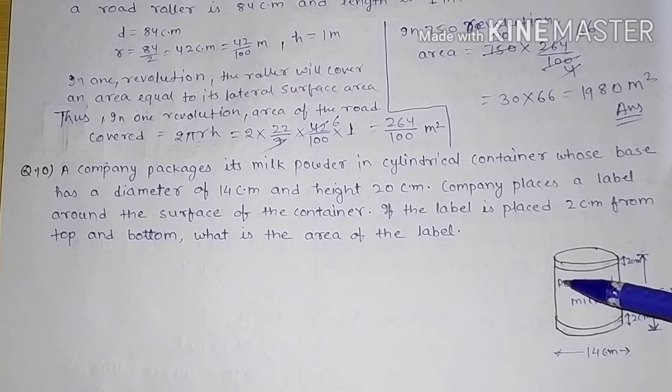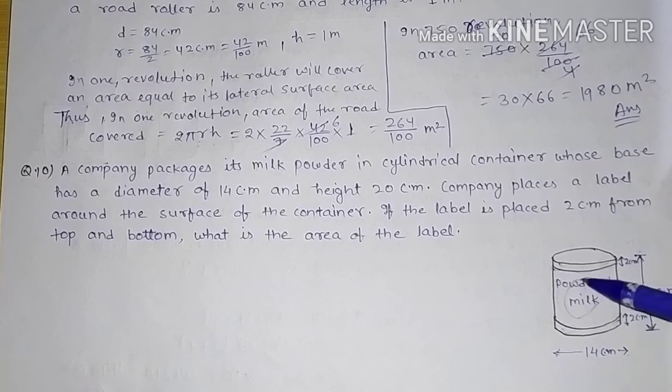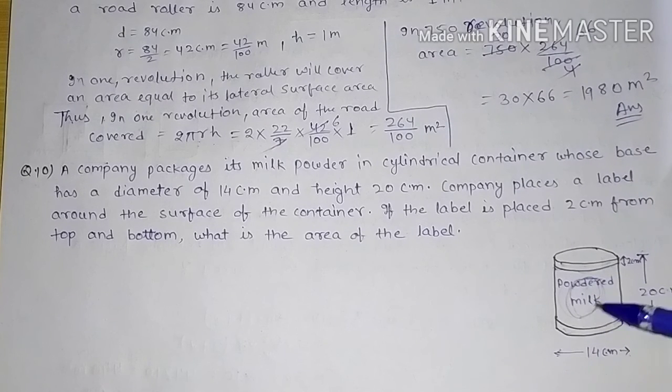So what we have to find? We have to find the area of the label. As written here, powdered milk, this is the label. This one is the label. We have to find the area of this label. Okay. 2 centimeter space is left at the top, and 2 centimeter space is left at the bottom. This one. Okay. So we have to find the area of this middle label. Okay. So how can we find? So simply,